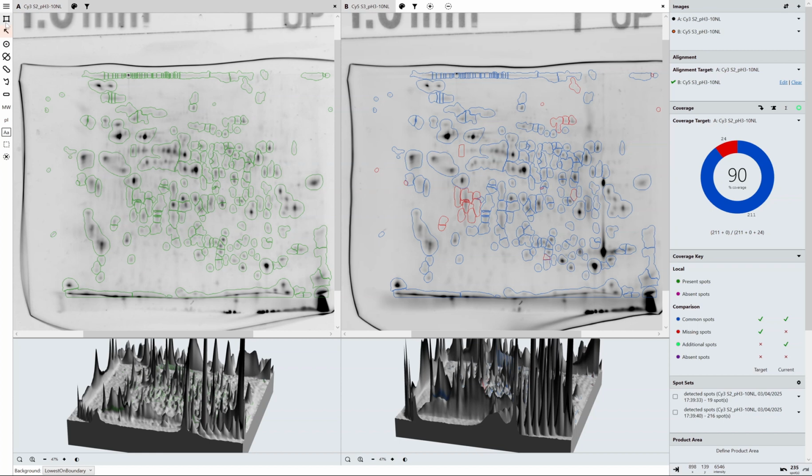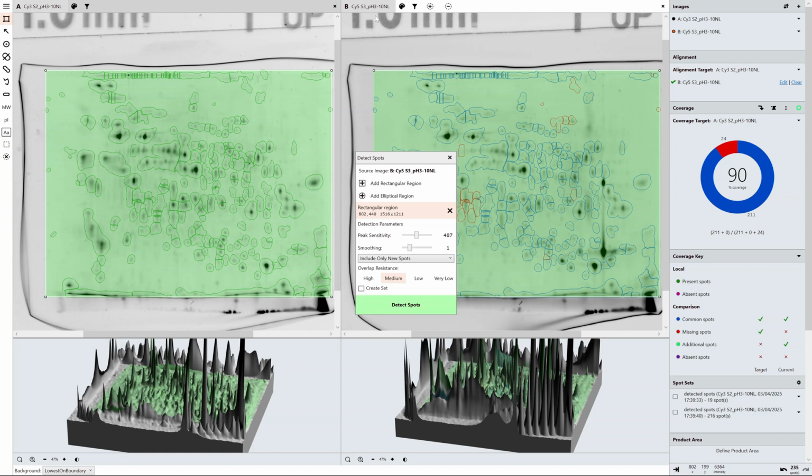Another thing you can do is, with that process we've checked what our antibody has detected that it should, but what about the inverse? Has our antibody detected anything that it shouldn't have done and included that as a spot, as a readout, as a measurement? So if I click detect spots again,